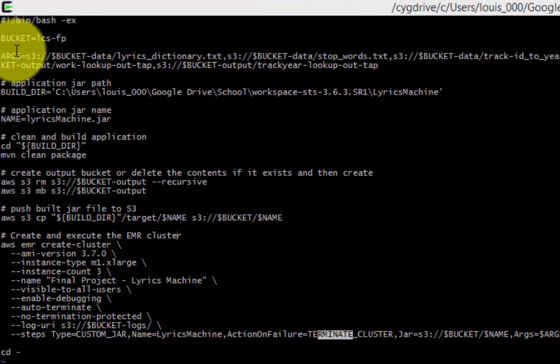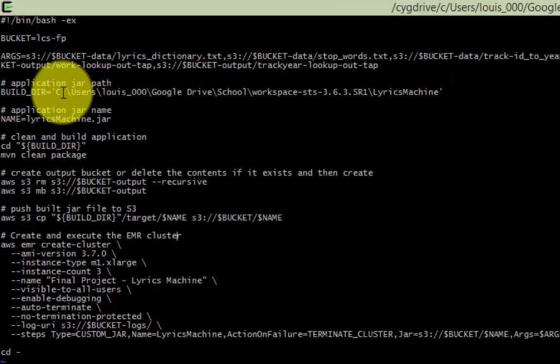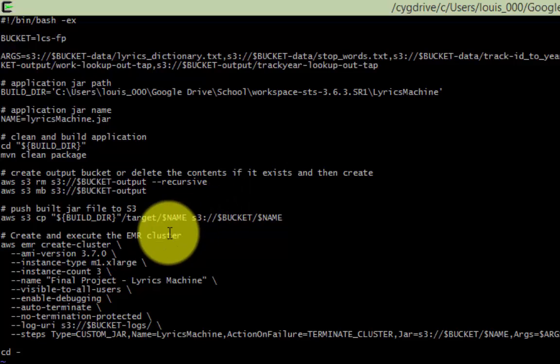Going through the script, you can see I'm supplying the arguments for my application, which includes my input data and then output paths. Over here, I'm setting where my application lives. Here's the name of my application, my jar. Here I'm changing directory to that location, doing a Maven clean package to do a clean build. Here I'm clearing out the output bucket in S3. Over here I'm copying the created jar file from my Maven package command out to S3, and then I'm creating